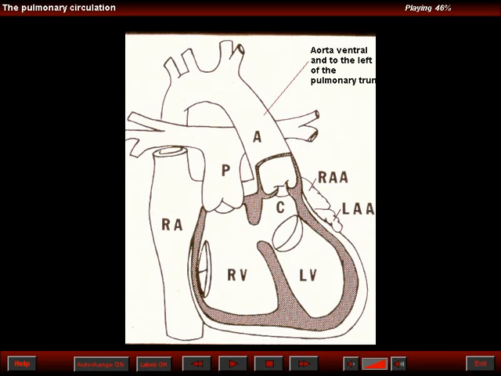In corrected transposition of the great arteries, sometimes there is a so-called juxtaposition of the appendages. In other words, the right and left auricular appendages come together, as illustrated in this diagram. So the bulge that we may see